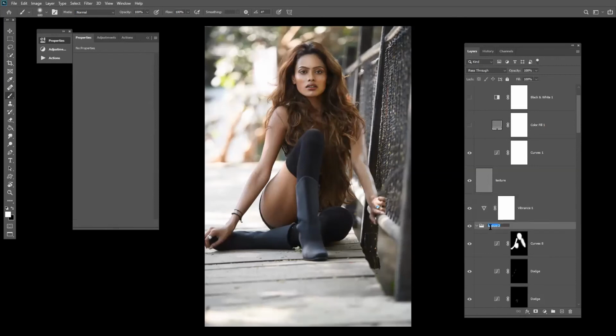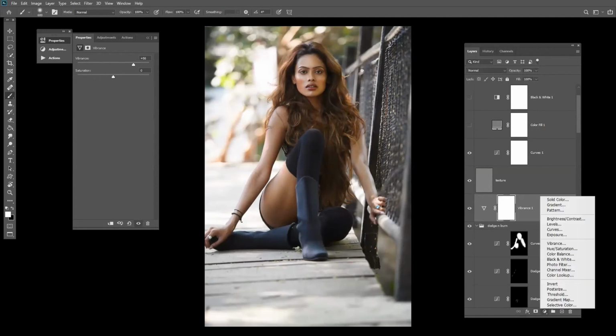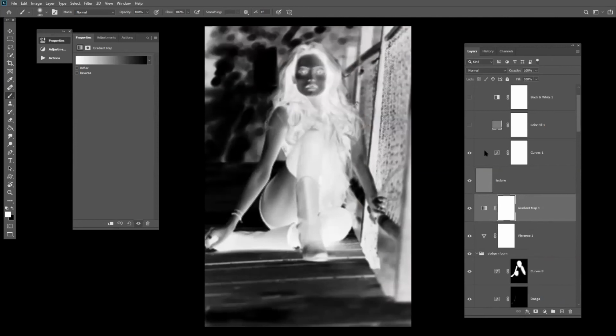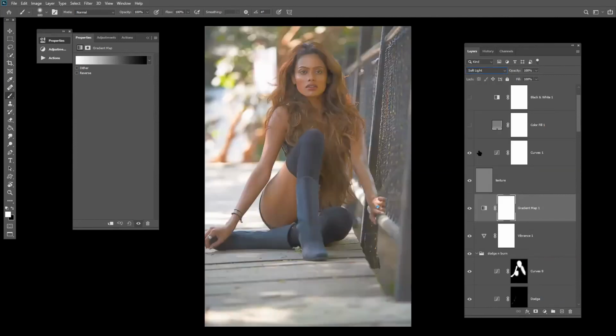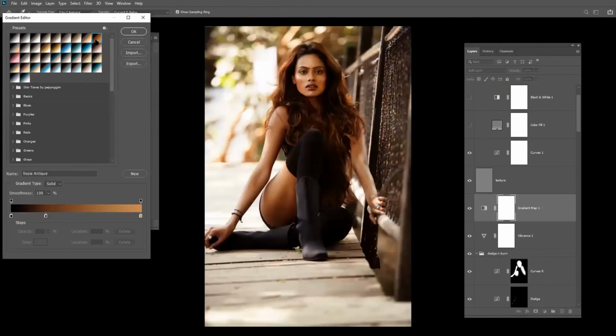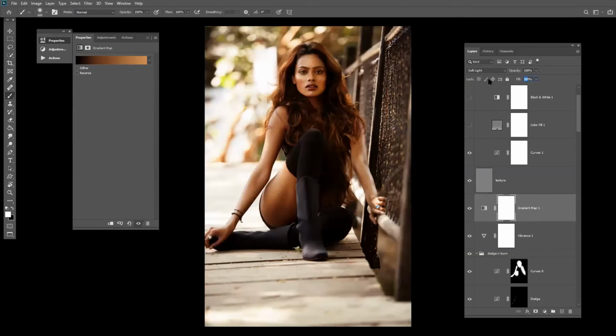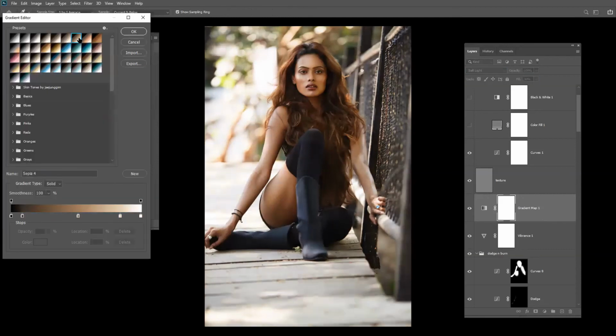Let's name this dodge and burn. Now let's work the colors. We can increase the vibrancy a little. And now we can pop out with a little magic. We can go to color gradient map over here, put it in soft light, and just select a gradient of my choice. I've selected this. Okay, I have reduced the opacity flow to 30. I will take this. I think it's much better.